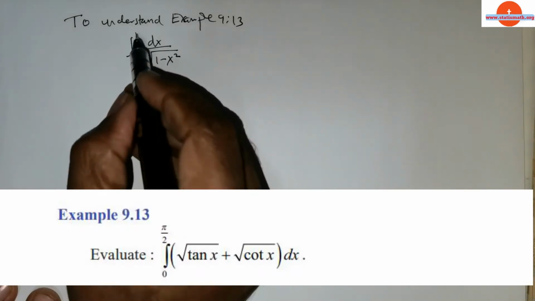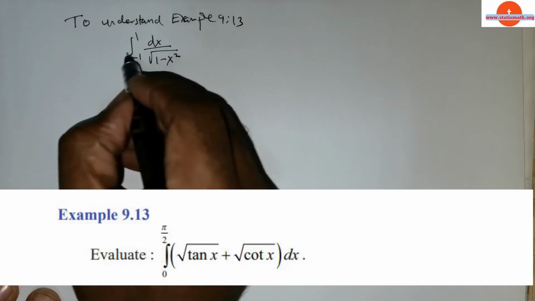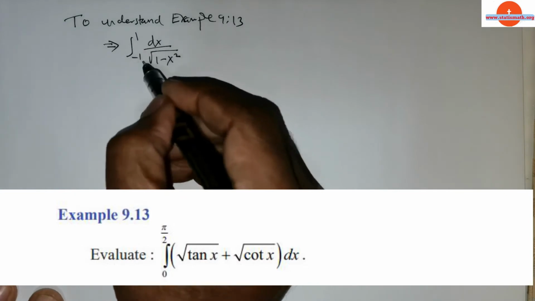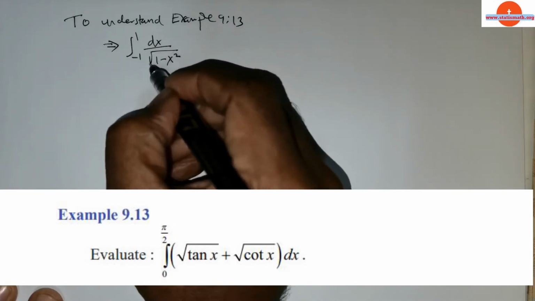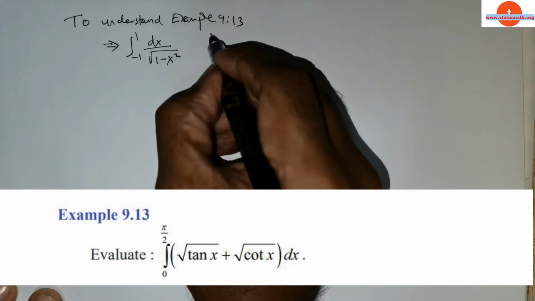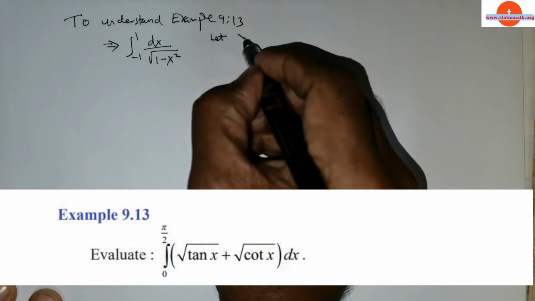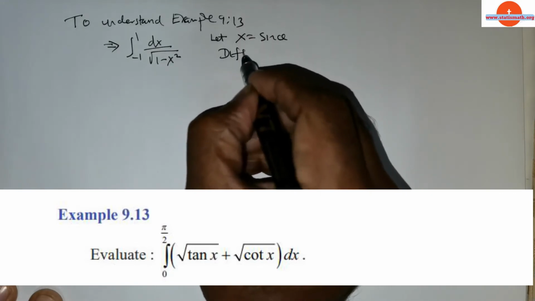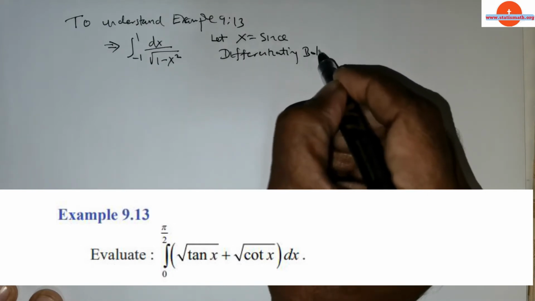Welcome back, students. To understand example 913, we need to understand how to obtain the solution for this question. Integral from -1 to 1 of dx divided by root of 1 minus x squared. So I would be using the substitution technique. Let x be equal to sine theta. I differentiate both sides. We get,